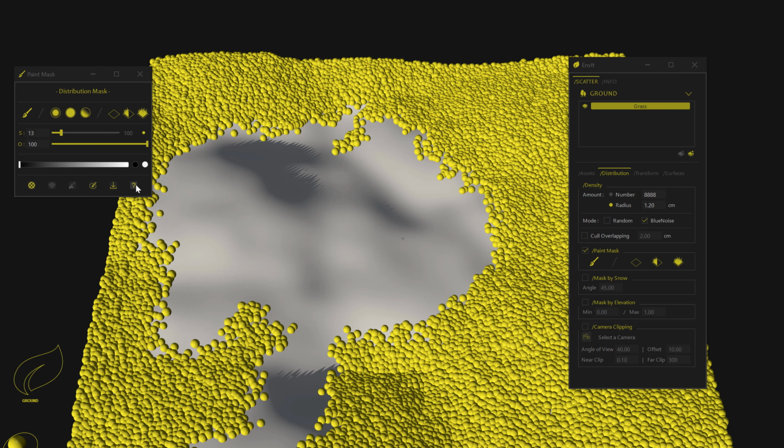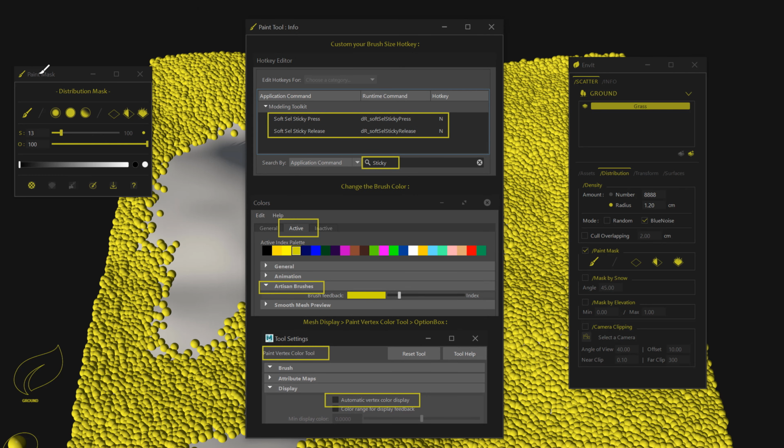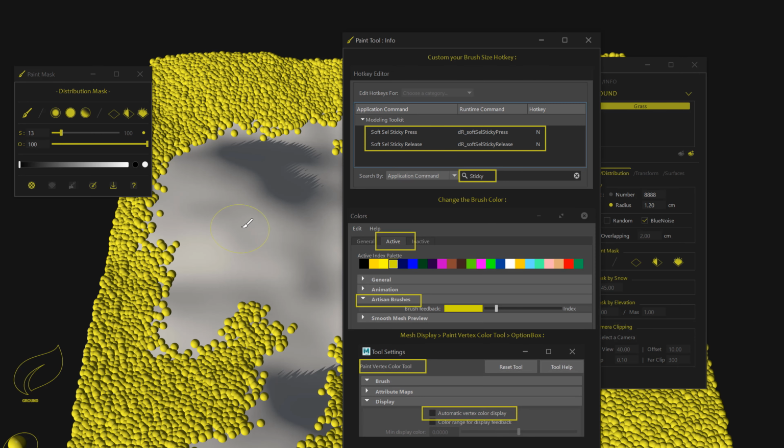I give you here a little help button you can open, and you will have some help for customizing the paint mask correctly. Firstly, in the Hotkeys Editor, I give you the correct name here. You will find where to set a custom hotkey for radius. So I need to be here. I put N, middle mouse button, and you will have this radius. So with this button, you can set from... you see it's not updating in real time. So here I'm at this value. If I hit here, that will just get your radius value.